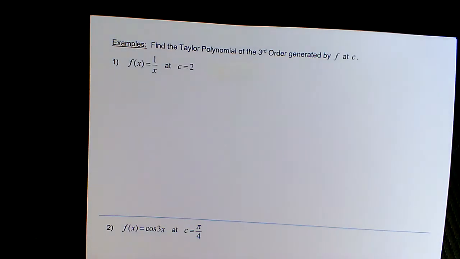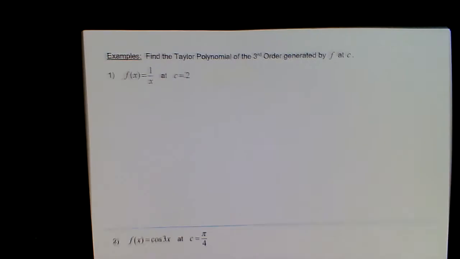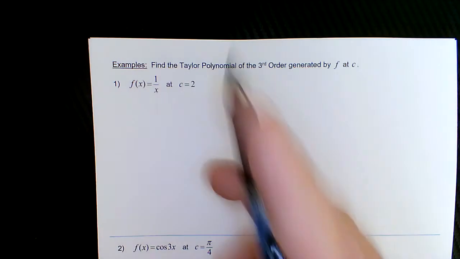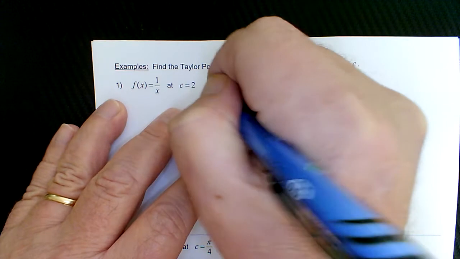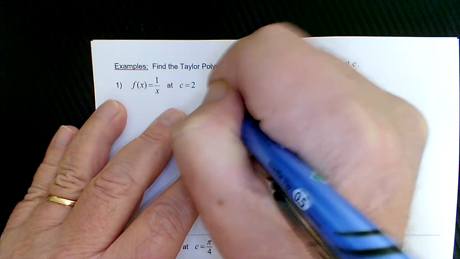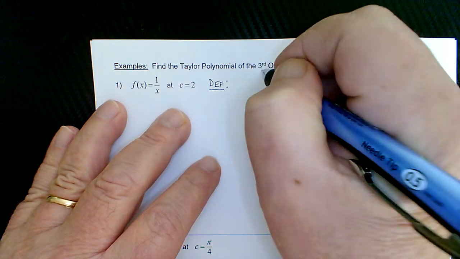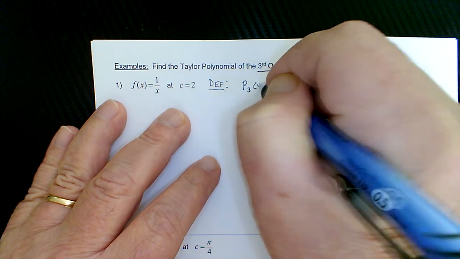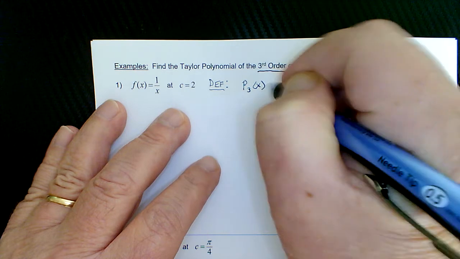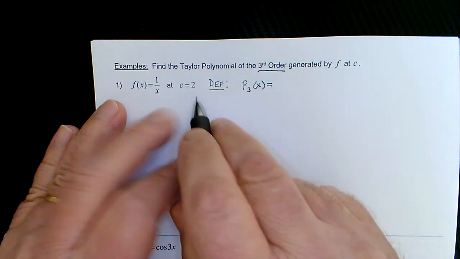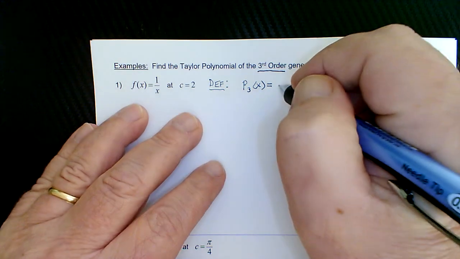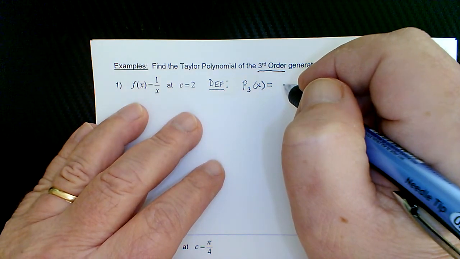But now we're going to look at Taylor polynomials. And with Taylor polynomials, we're not concerned about preserving powers and factorials. So the definition for a Taylor polynomial of the third order is we use p sub 3 of x, and it's equal to, because we're going to evaluate it at a value sometimes other than 0, the formula is